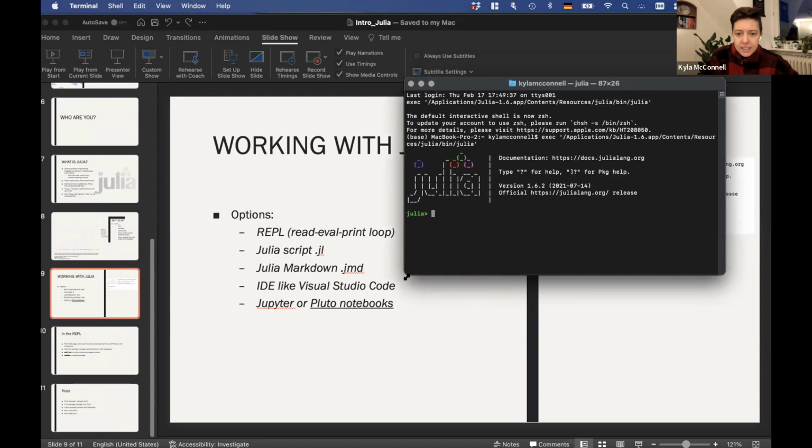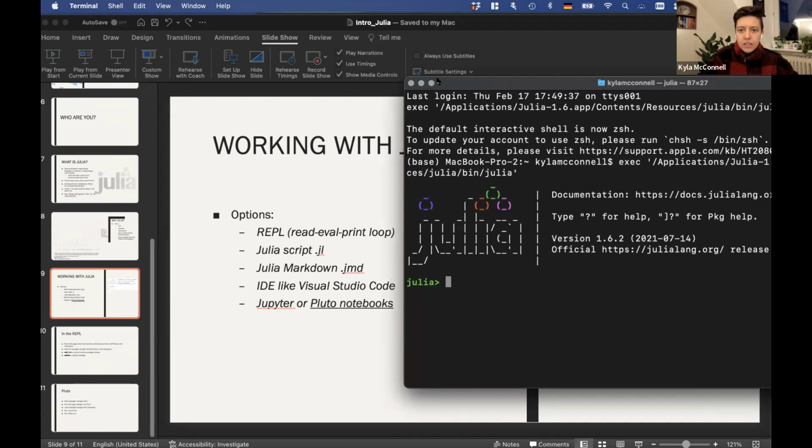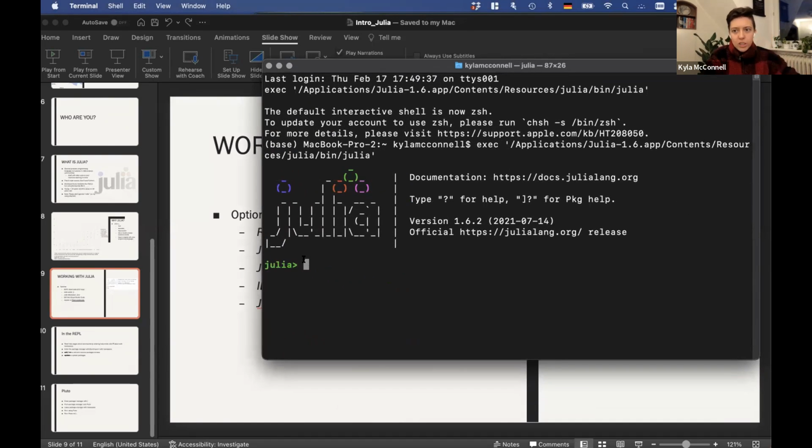I don't know if I'm going to be able to make the text on this bigger. Oh, I can. Good. Just to make sure everybody can see it. So you see that the line is headed with Julia. That tells us that we're working with Julia. And we can do basic stuff in here. Anything that Julia can do, we could do from this line. It's not something we're going to do very often, because you really can only put in one line of code and then run it and get the output. It's not something where you can easily develop an entire analysis. But we can do basic things.